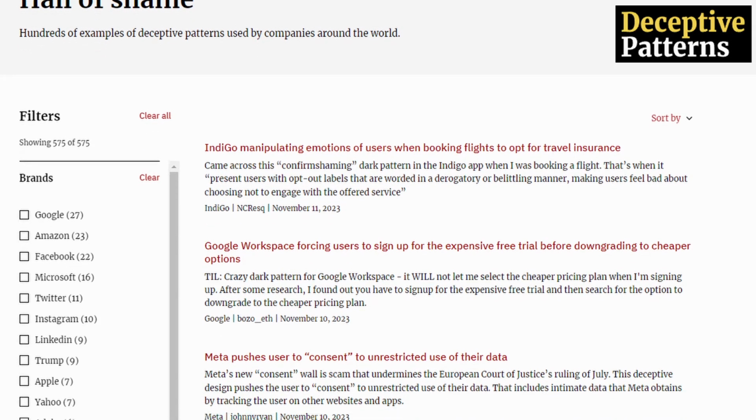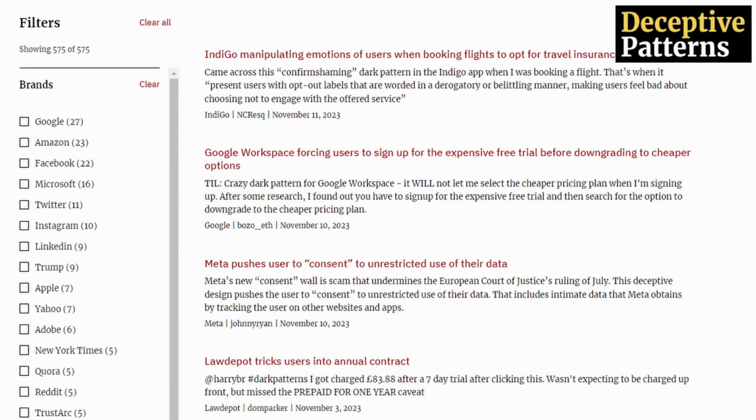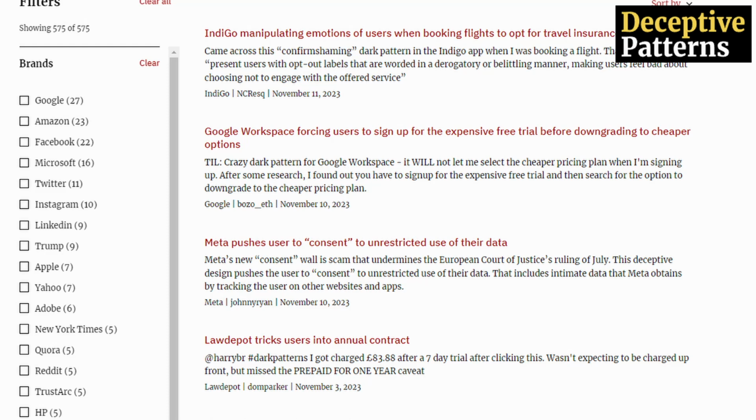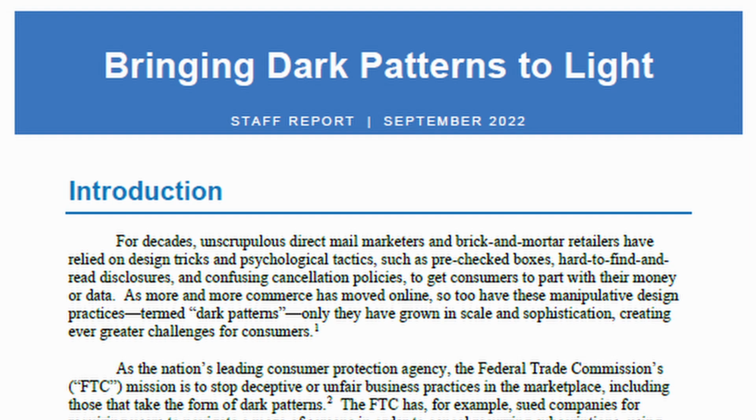For instance, the website deceptive.design inventories and chronicles examples of dark patterns used by many corporations. And if you go to their website, you can see some rather big household names among the list of companies that are using these dark patterns to manipulate customers and get customers to do what they want customers to do. Even the US government, and in particular the Federal Trade Commission, has brought attention to the issue of deceptive practices used by designers. In their staff report titled Bringing Dark Patterns to Light, published in 2022, the FTC states, quote,